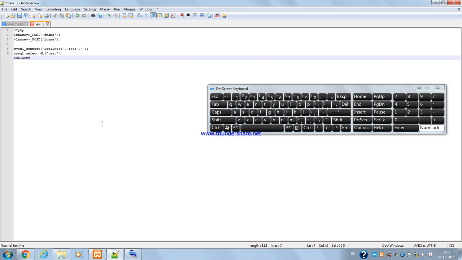$select equals to, now here comes our SQL statement, insert into table name. Here we are insert into project, so I am going to create a table named project in PHPMyAdmin. So I am mentioning it over here as project, and in the project table I am going to give two columns, f name and l name. So f name